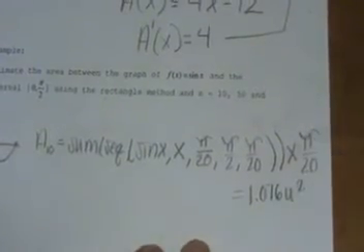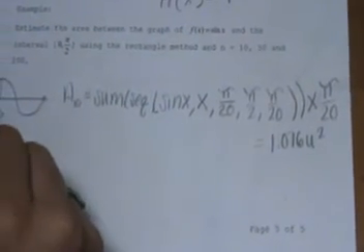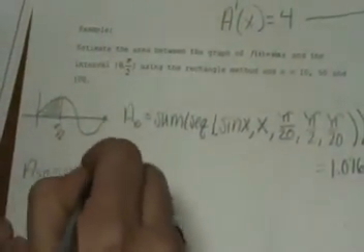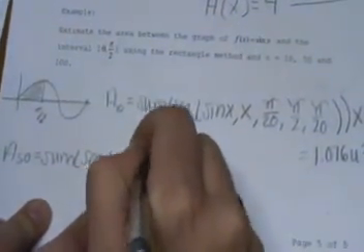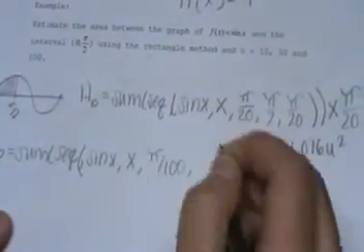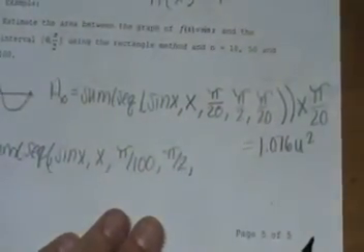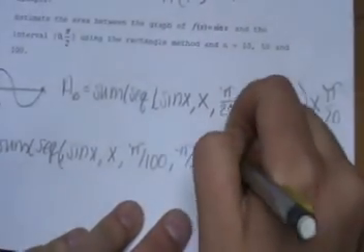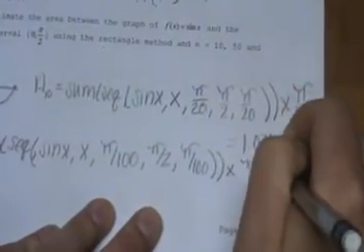1.076 units squared. Now we have to find the area under the curve using 50 subintervals. You again use the sum sequence method using sine of x, comma, a plus b over n, just pi over 100, comma, the end of the interval, still pi over 2, then b over n, which is pi over 100 again, closing the parentheses and again multiplying by b over n, just pi over 100 yet again. After you plug this into your calculator, you should get